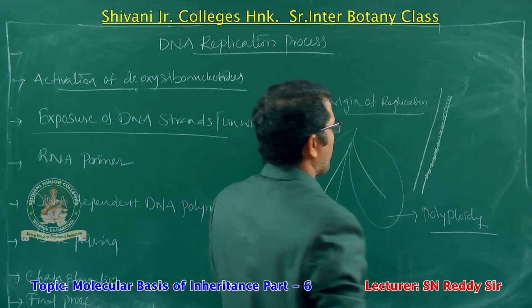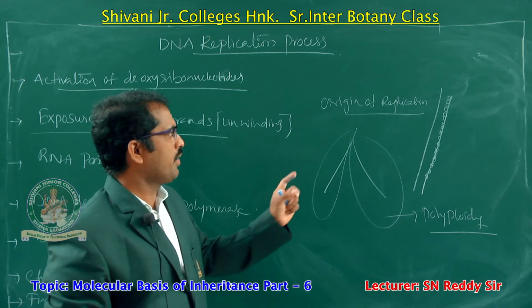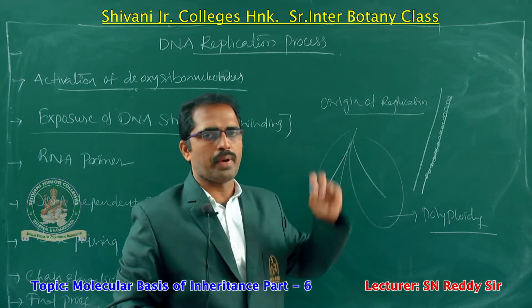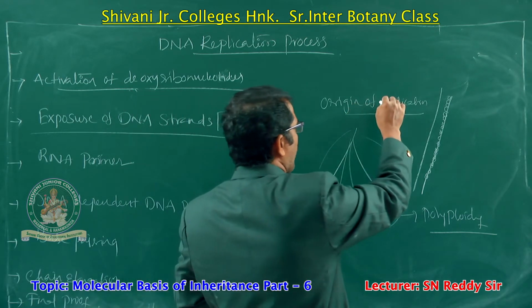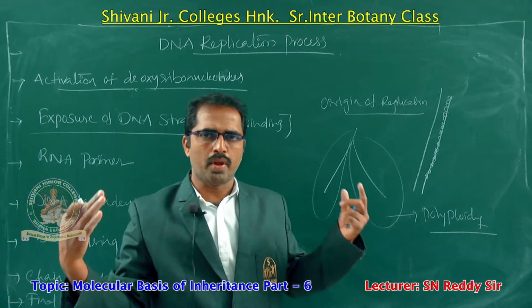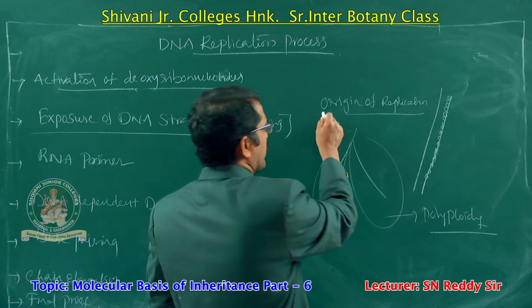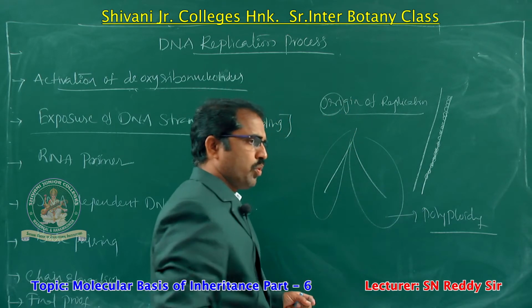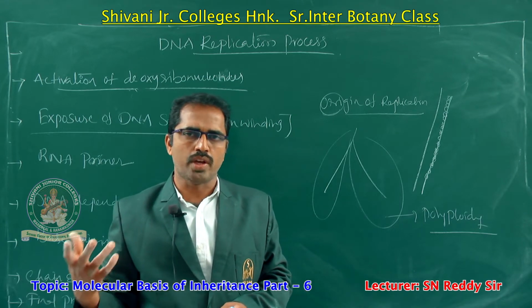Okay, DNA replication starts at a particular point. That point is called the origin of replication. From this replication point only, the DNA will start its replication mechanism. So this ori site will be utilized. This is the ori site. This ori site will be used in recombinant DNA technology in plasmid.